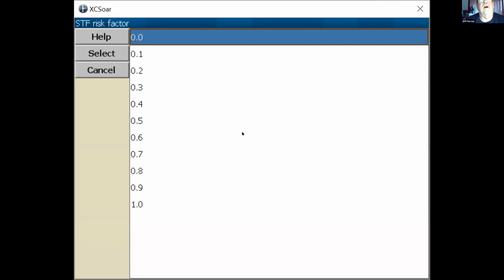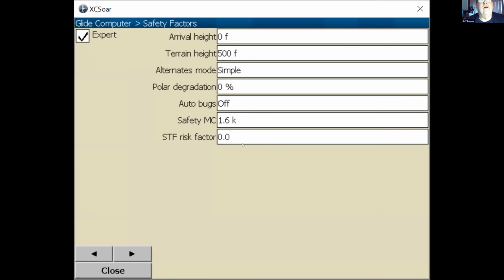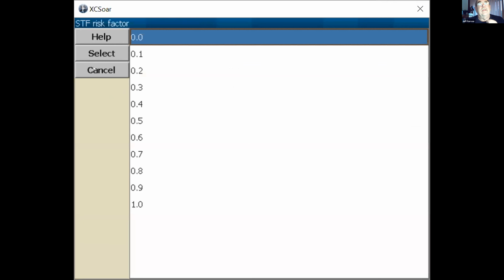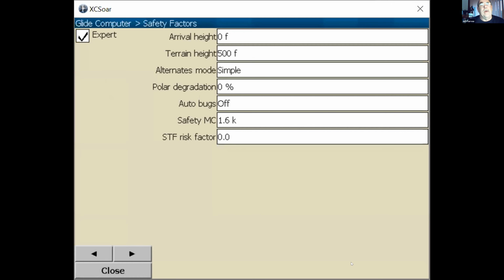And speed to fly risk factor. Basically, you'll have a speed to fly band, say 3,000 to 10,000 feet, and it will command you to fly at a certain speed. If you're pretty confident, then you can make it command you to fly at that speed all the way down to the bottom of that band.